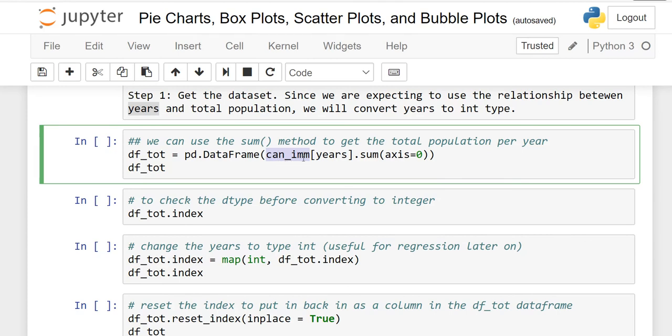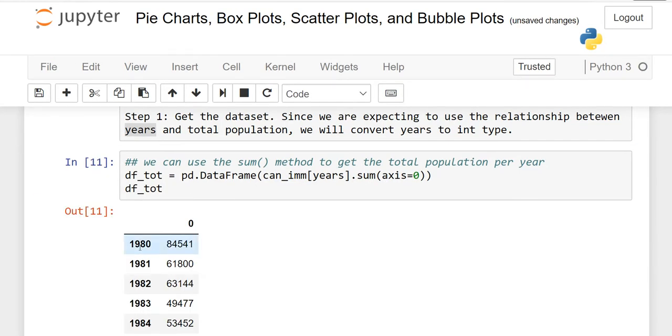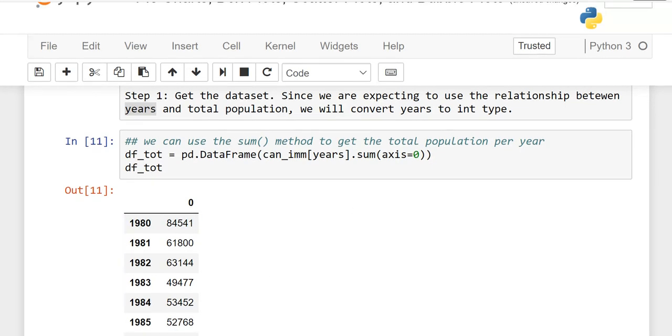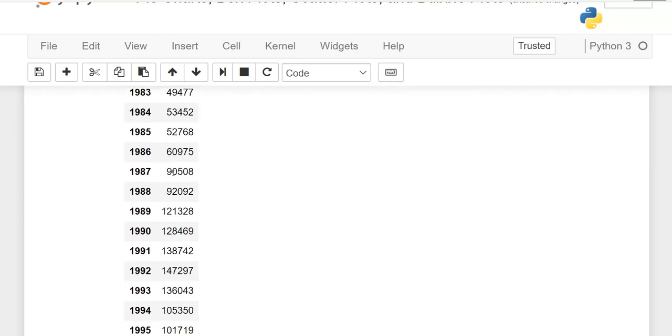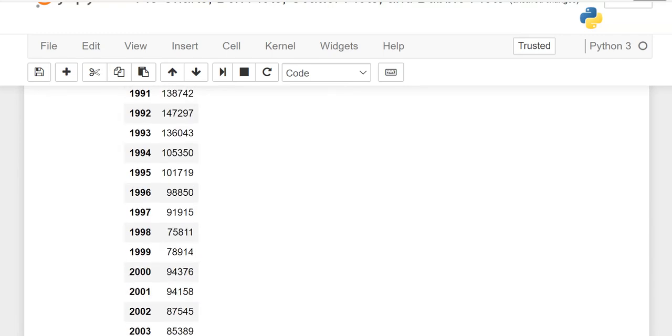So then this is my original data frame, df_can, right? We had created it when we started this course. That is why I highly recommend that you watch all videos in sequence in order to understand better. And this years is my variable which I had created in my last video as well, dot sum. And then when I run it, you will see that in 1980, 84,541 people migrated from all over the world, from the 180 countries we have in our data frame so far. Similarly for 1981, this is the total. So we got the totals with the help of the dot sum function.